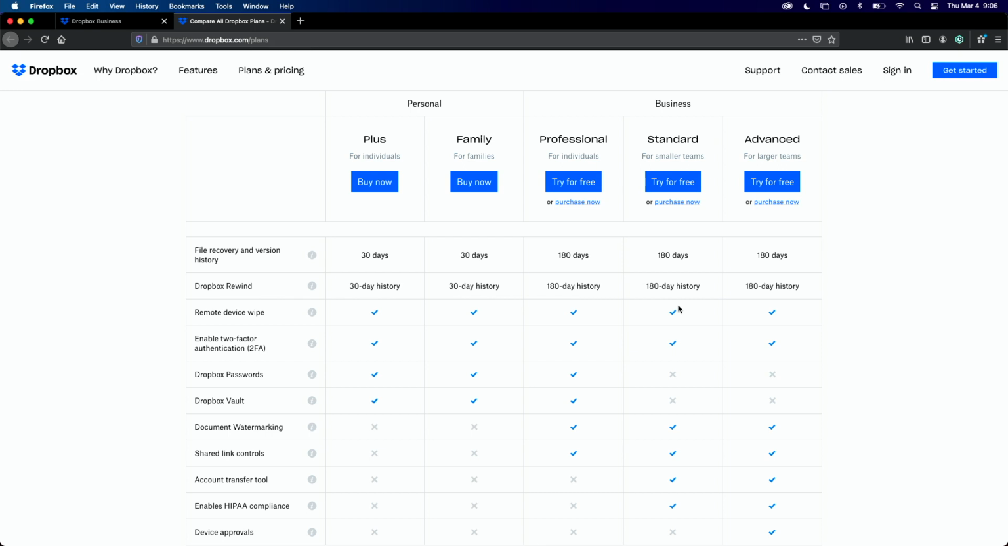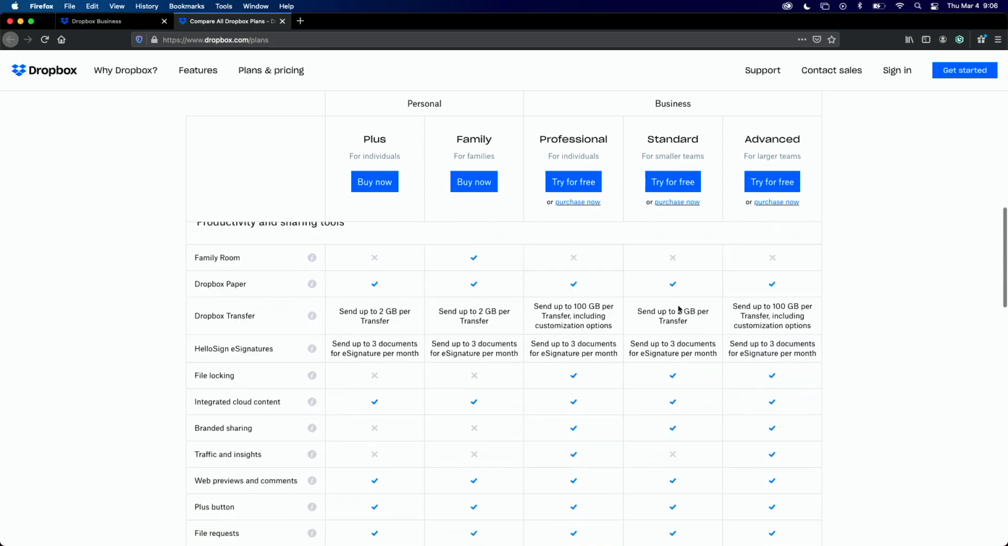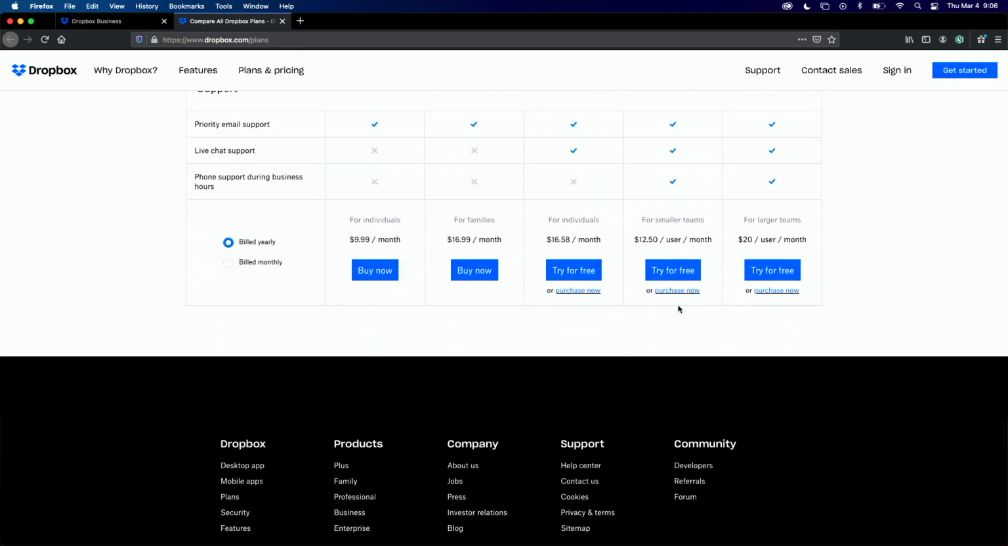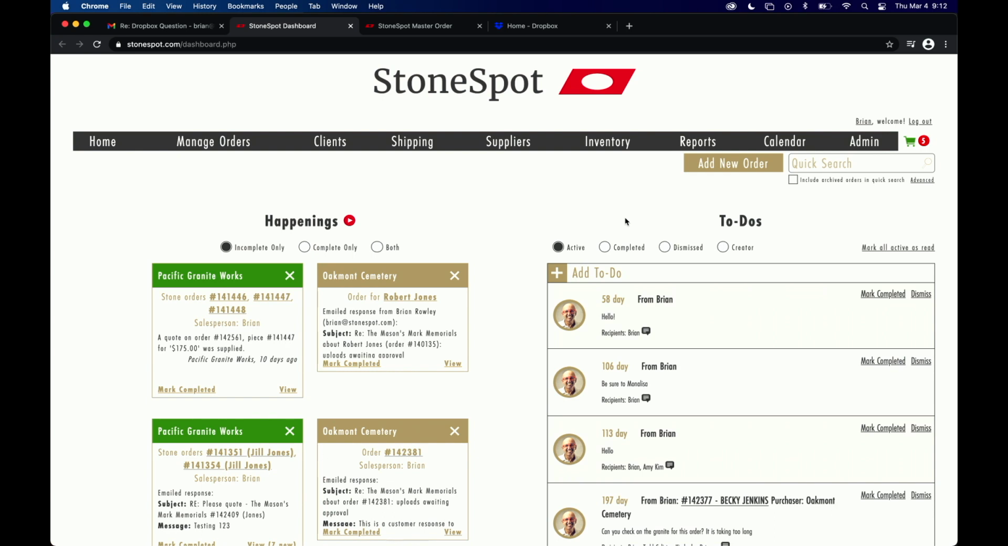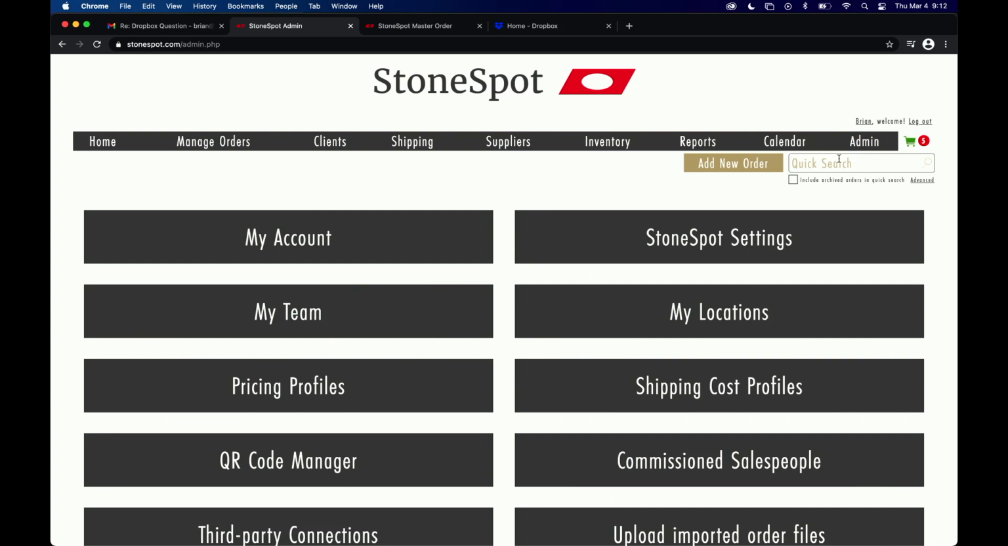And that's a really nice little insurance policy, especially because it's only $12.50 per month. And so this is a great plan to start with. You can connect this up to your StoneSpot account and we'll take a look at what that does for you next. Once you've created your Dropbox account, you're going to come back into StoneSpot and go to Admin, and then